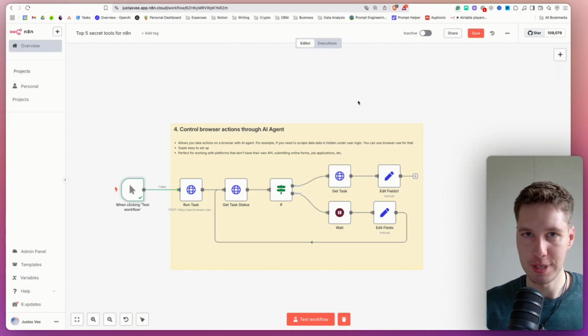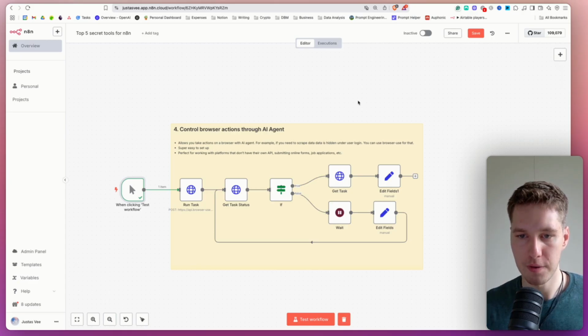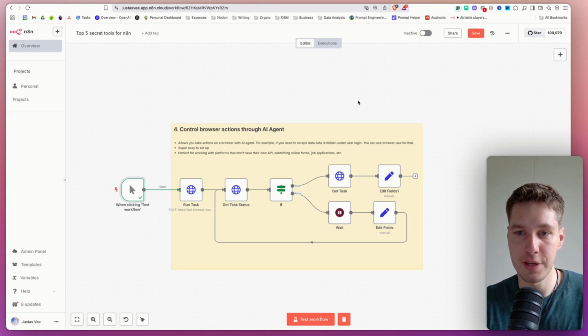Basically, all you have to do is type in a prompt for AI, and it can go into any website on the web and complete actions on that website. So for example, maybe you need to log into a website and fill out a form. It can do that. Maybe you need to log in onto LinkedIn and fill out a bunch of job applications. It can do that. It's literally crazy,